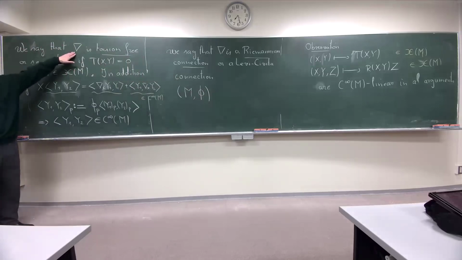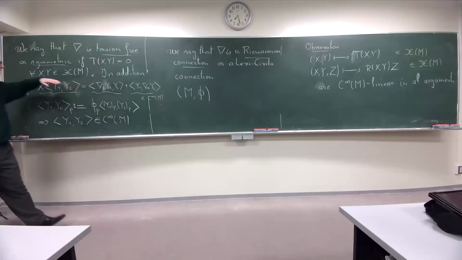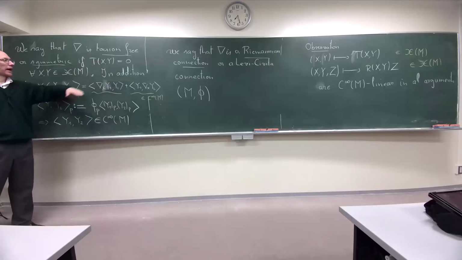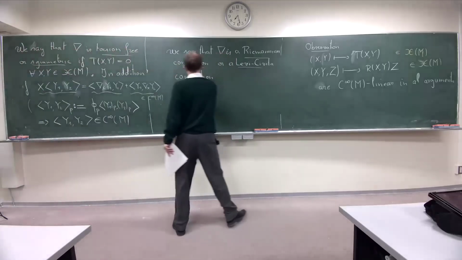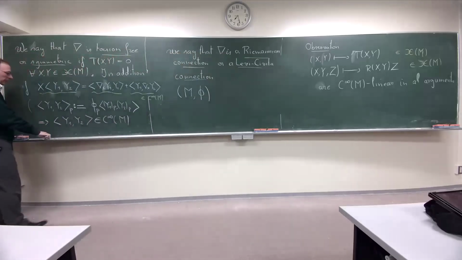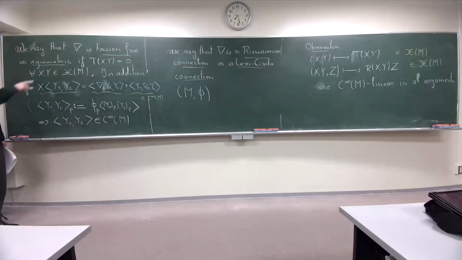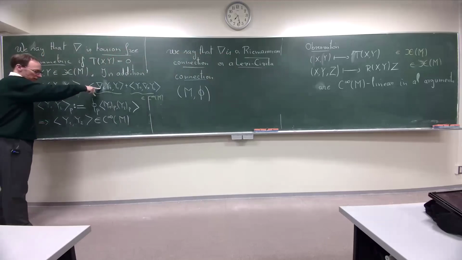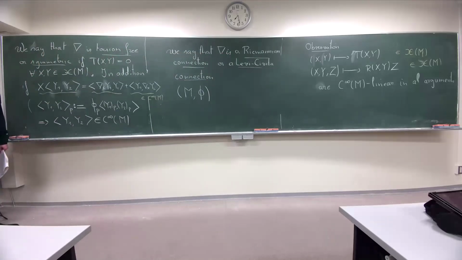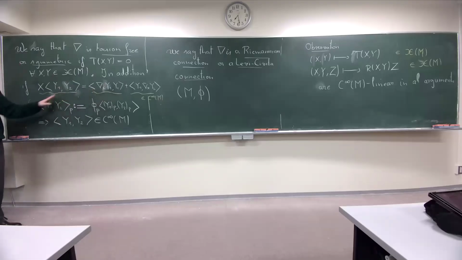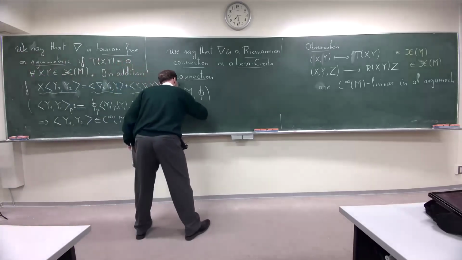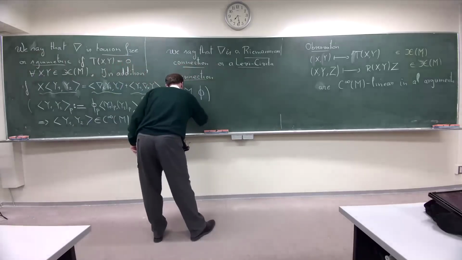So I started with a connection and I mentioned two properties. If it is torsion-free, which means this, and in addition, if we have this equality, we call it a Riemannian connection or a Levi-Civita connection. Why is this equation important here? Because it makes a link between the connection and the metric. In this equality, we have both. On the right-hand side, you have the connection and the metric, while on the left-hand side, you don't have the connection. So you can think about this equality as a compatibility